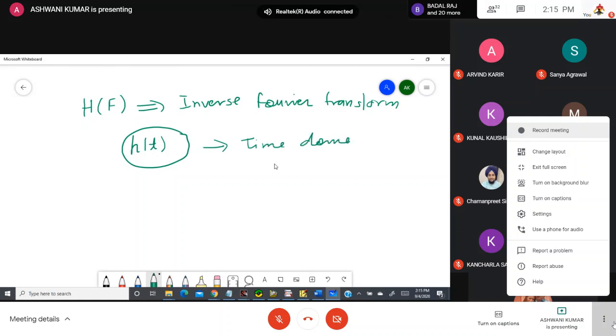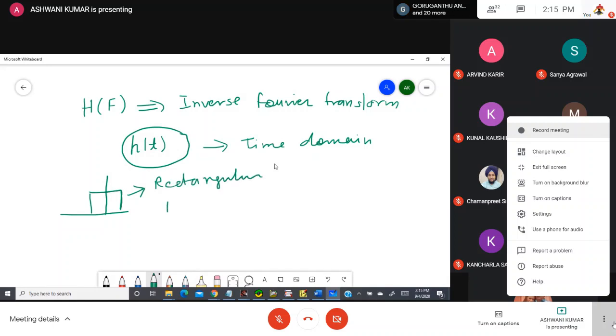Okay, and all of you know the Fourier inverse of a rectangular pulse signal will give you the sinc function, the sinc signal.